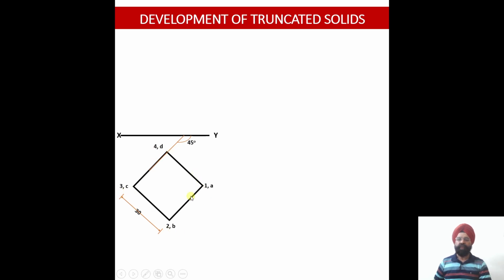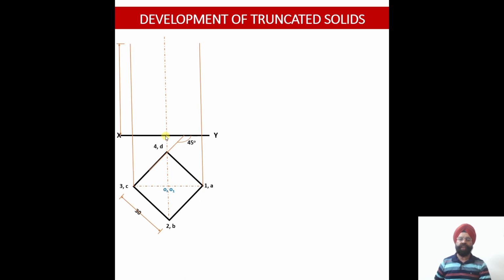So these are all four vertical edges, and since they are perpendicular to HP, their projections on the horizontal plane in the top view will appear to be a point view. Now we need to work out the axis point. So you join the two diagonals of this particular prism. We are going to work upon the axis. Once we get the axis, point O lies at the top face of this prism, and axis point O1 lies at the base of this particular square prism.